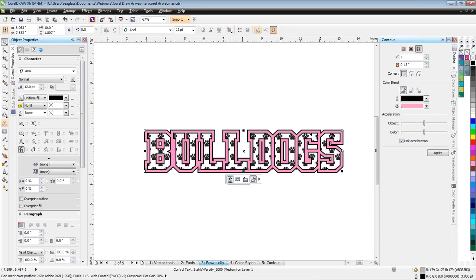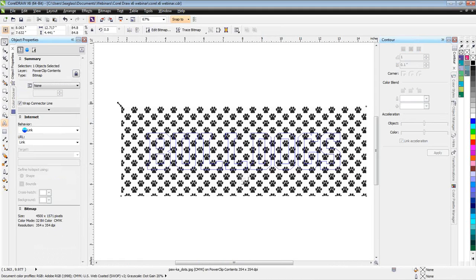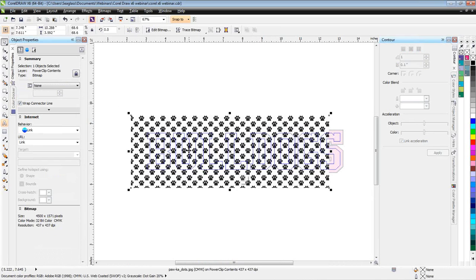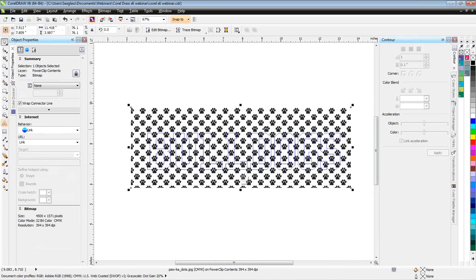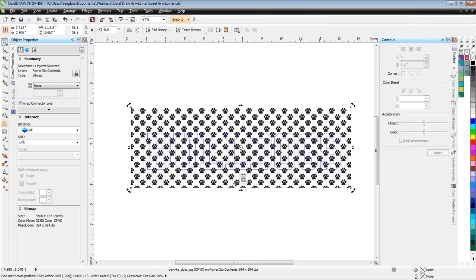I can edit the PowerClip right here, so if I click on that, I can see just the PowerClip layer with my outline of the Bulldogs in the background, and I could change maybe the sizing or angle or anything like that, so I could change this here and bring it over. I can do anything I want with that, and then when I'm done with it, go back and you've got your little button right here for stop editing contents, and it's going to put it